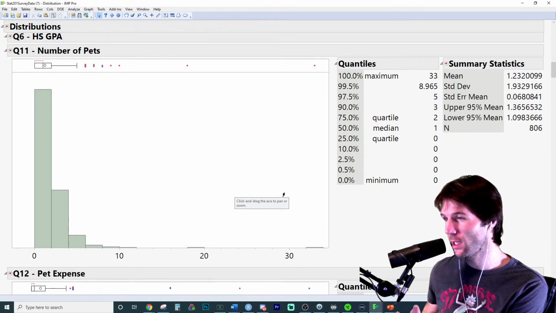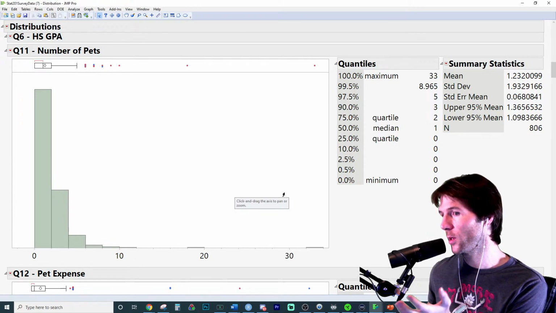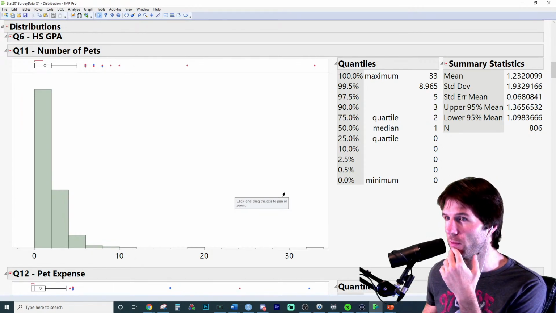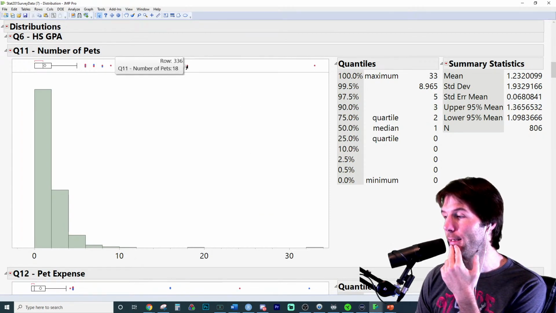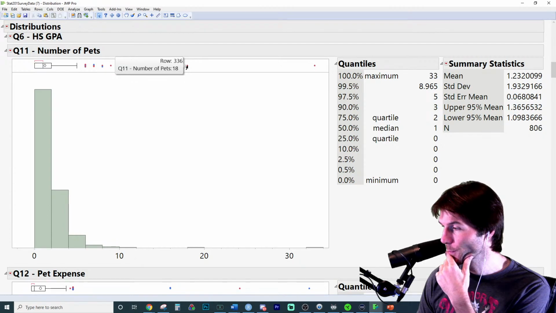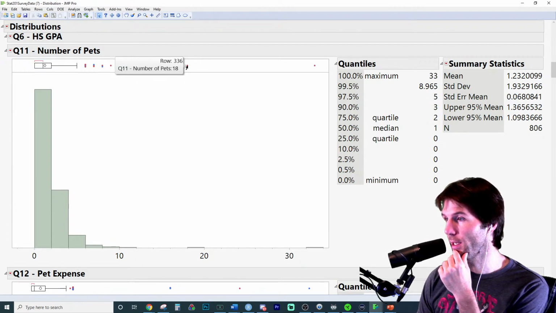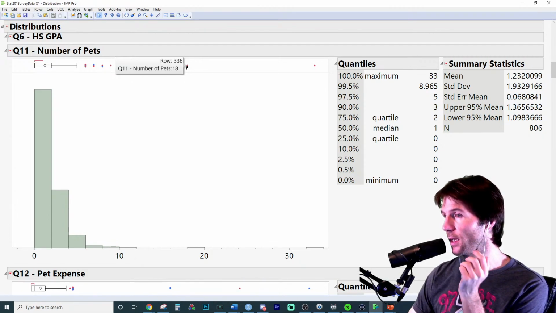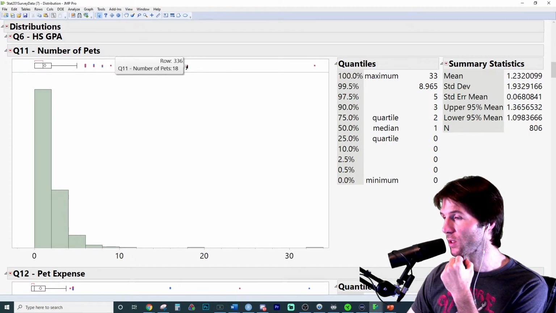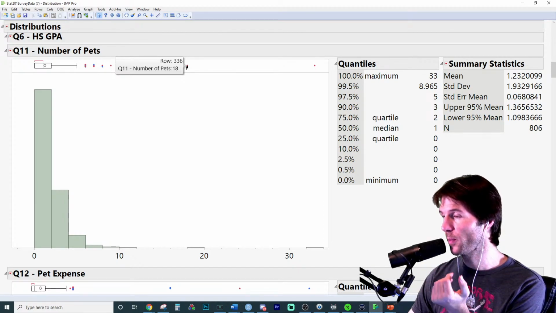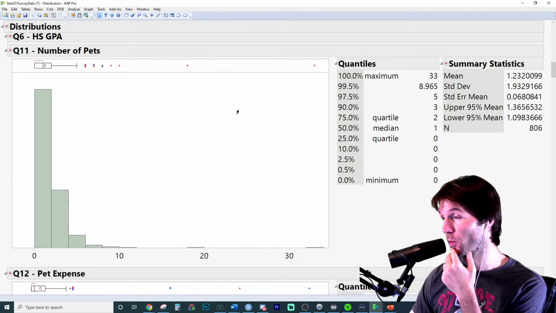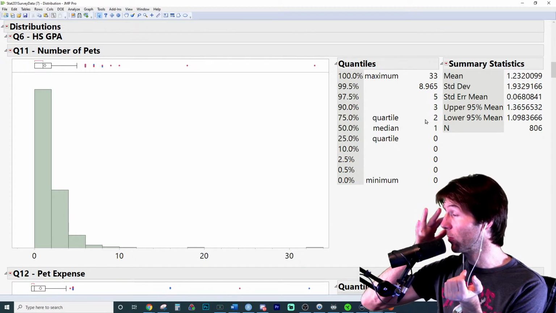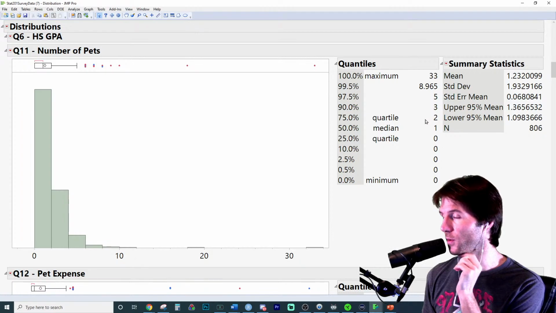So this is ridiculously skewed. There's extreme outliers at a value of like 19 or so. We can actually find out what that person has by hovering over 18. Yeah, I would not explain the average. I would only talk about, so I would say the proper measure of center for this distribution is the median, which represents the 50th percentile of pets owned by individuals, is 1. And the proper measure of spread for this distribution is the value of the IQR, which is 2, representing the spread of the middle 50% of pets owned by students.